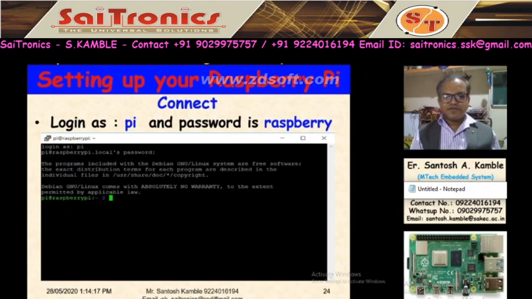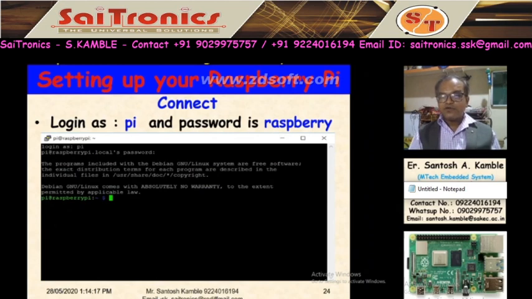So Putty is software used to connect your laptop or computer with Raspberry Pi in command mode. Now I want to use GUI mode, graphical user interface, and for that the next software is used. That software is VNC. VNC software is used to connect Raspberry Pi in GUI mode, but in Raspberry Pi VNC is disabled, so we have to enable VNC. In the traditional method it is simple: just go to Raspberry Pi configuration and enable VNC, enable SSH like this.